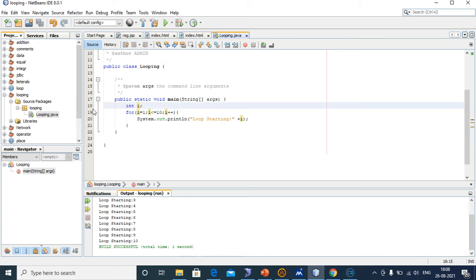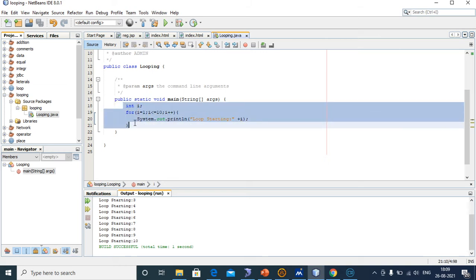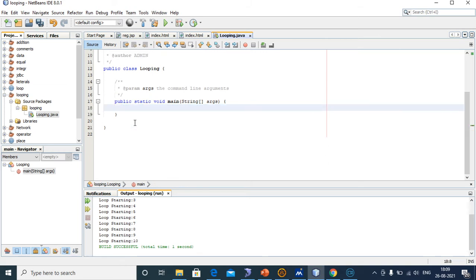For example, I have created the main class. In that main class, declare one variable, int a equal to 1.